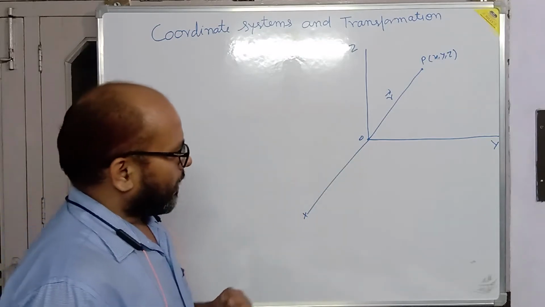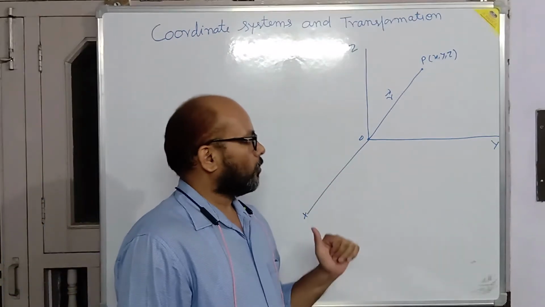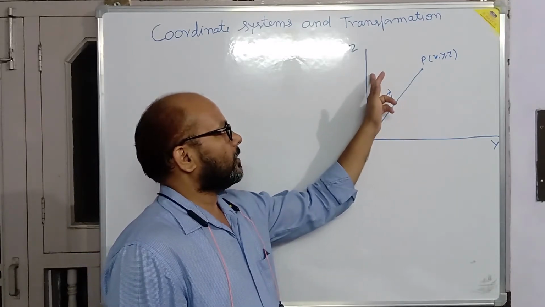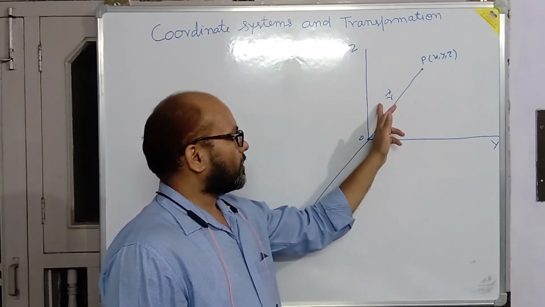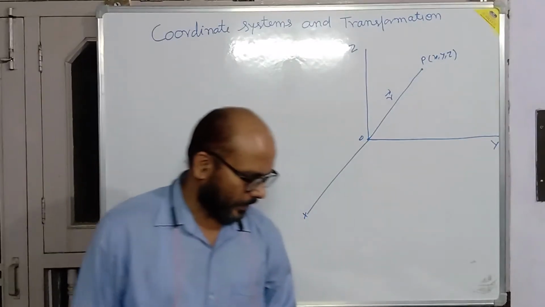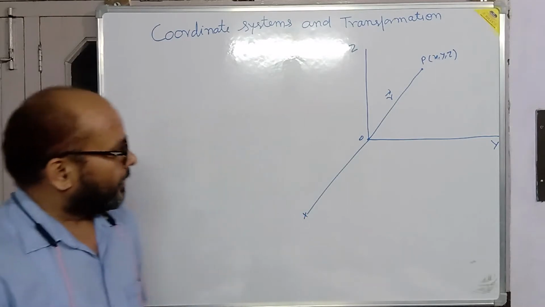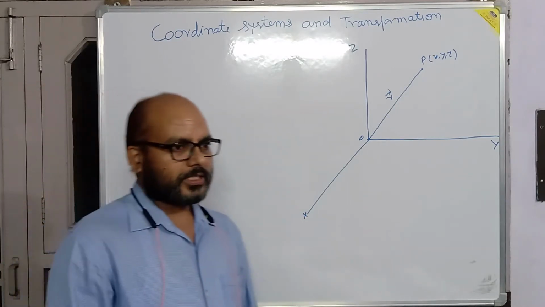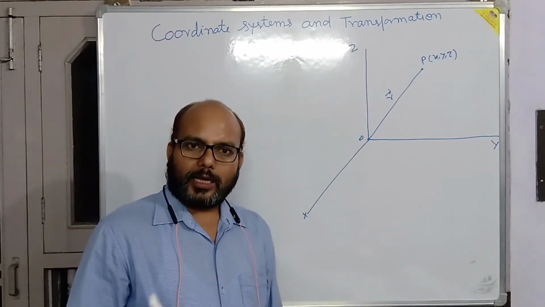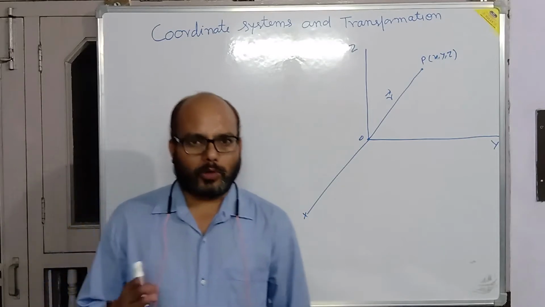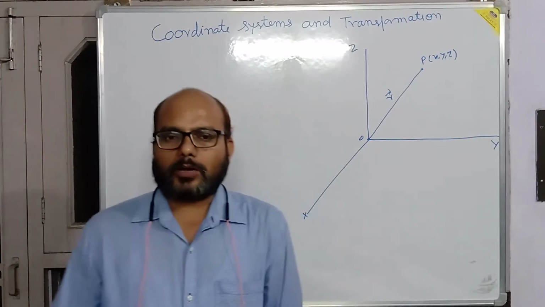Look at this diagram. Here OX, OY and OZ. So OX is the x-axis, OY is the y-axis and OZ is the z-axis. So three axes are perpendicular at the point O, right? So in this course video lecture, we will discuss the rectangular coordinates, Cartesian coordinates, spherical polar coordinates, cylindrical coordinates,